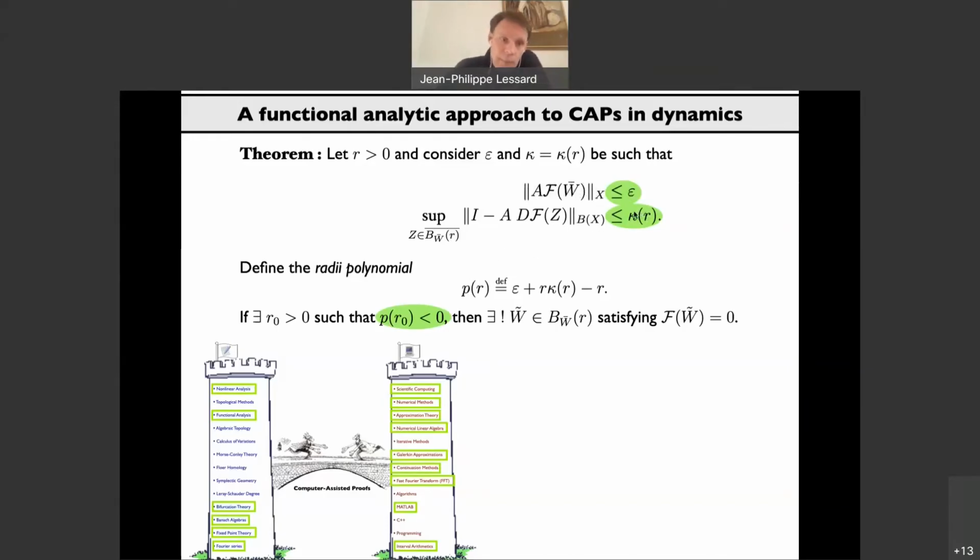And then to compute the kappa of R, we use the tools from nonlinear analysis and functional analysis, because we need to build this operator norm. We use Banach algebras. And the fact that we have a unique solution comes from a fixed point problem. We use Fourier series. So these are the tools from the left tower and from the right tower. I'm going to show you a little bit how we computed that, but we did continuation by a predictor corrector algorithm. And to compute the nonlinear terms, we also have to use the fast Fourier transform because we have these convolutions in high dimensions. So we combine the fast Fourier transform with interval arithmetic, and we build these bounds